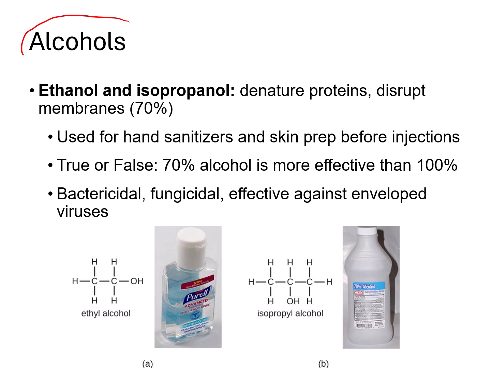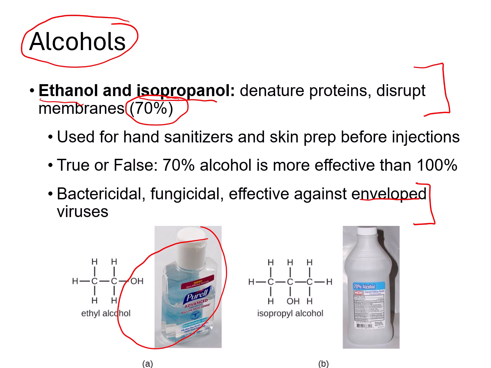Next, we have alcohols, and these include ethanol or isopropanol, used typically at about 70% concentration. These kill microbes by denaturing proteins and disrupting membranes, making them effective against bacteria, fungi, and enveloped viruses because we can disrupt that outer lipid layer or envelope of the virus. These are fast-acting, inexpensive, and they leave no residue, and this makes them ideal for hand sanitizers and skin disinfection